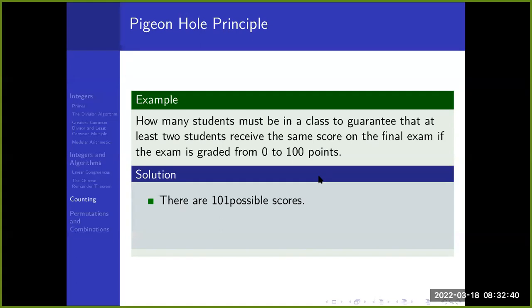So we have a total of 101 possible scores, and we want to find the smallest number of students that can be in this class to guarantee that at least 2 students receive the same score on the final exam. So we consider these 101 possible scores as the pigeonholes. So for us to guarantee that